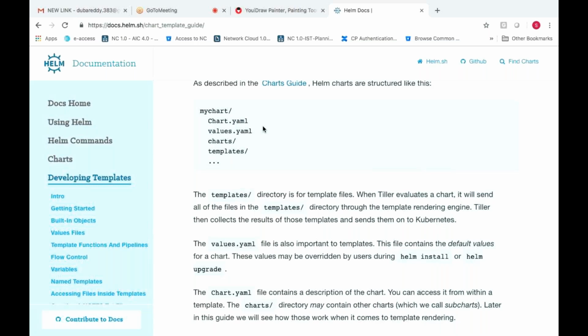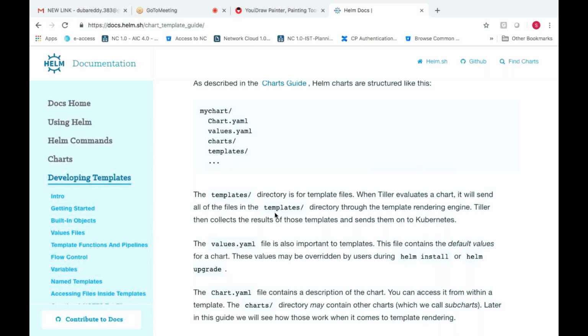Okay, you will understand later, but as of now, remember that see here he has written the file contains the description of the chart, the entire description of this particular chart, what you want to do, you have written in the Chart.yaml. Chart.yaml, not the charts directory. Okay, next, which I told you, values.yaml, values in the sense where you will define your values. Okay, these values will be picked by other YAML files. Okay, and templates are nothing but where your other files will be available. Okay, template files